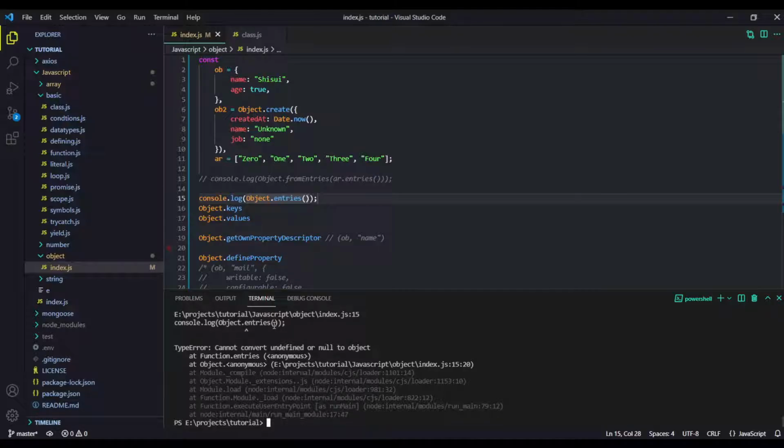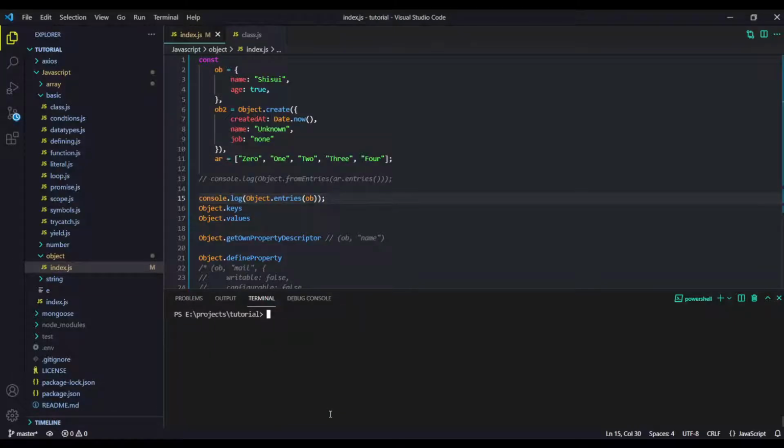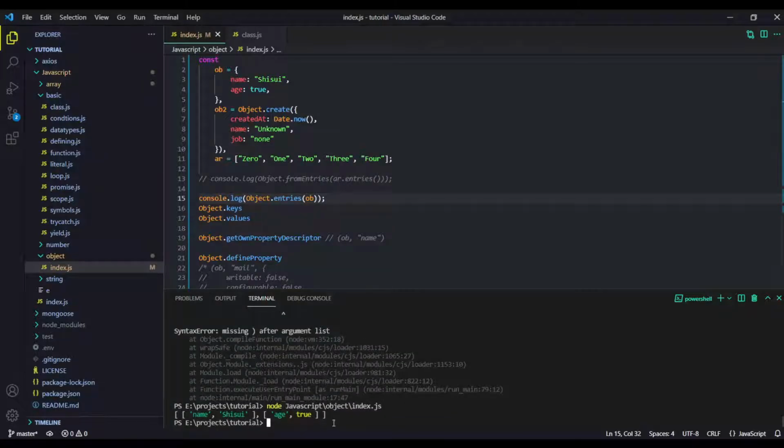Alright, so you can see Object.entries returned nothing because we have to provide the parameter too, of course, I forgot. Now this parameter refers to the object we are using. So you can see we did all of this, and now it returned us an array, and those arrays contain a lot more arrays. Each array's first property is the key, and second one is the value. Pretty simple.